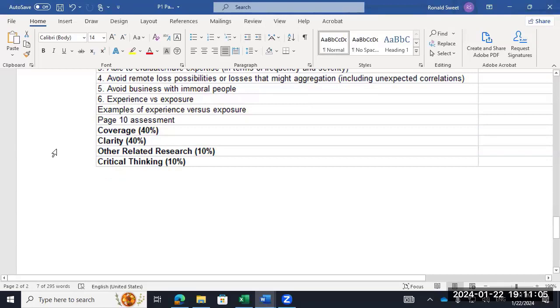What am I doing? Where are they going? You want it just blatantly obvious as you go. That's true on the professional side too. You don't want your boss trying to figure out what you're talking about and where you are, what your organization is. And so that's where the coverage point or the clarity points come in. The critical thinking is that you explain it well, you add some extra good insights, those kinds of things is what I'm looking for in the critical thinking.